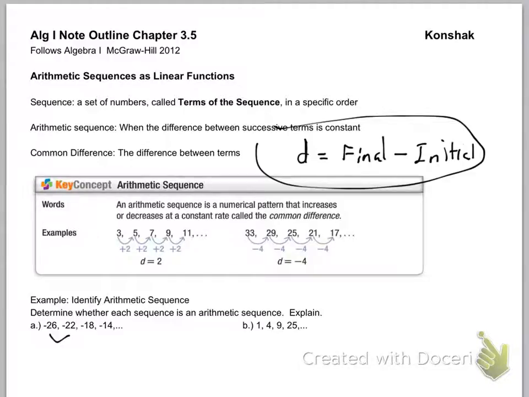So I need to find the difference between those two. I need to find the difference between negative 22 and negative 18. And I need to find the difference between negative 18 and negative 14. If I can show all three of those differences are the same, I will say that this is an arithmetic sequence. And to show that, I am going to use